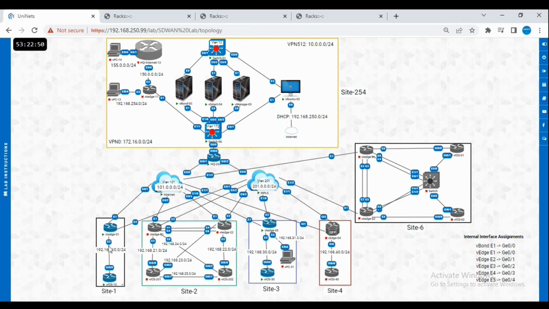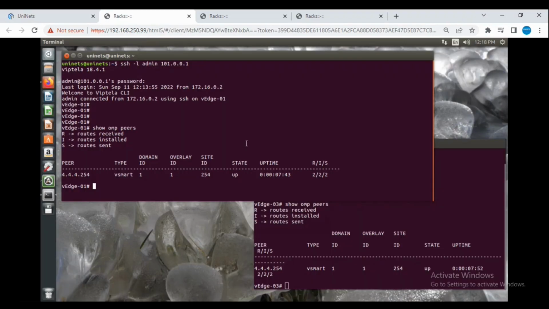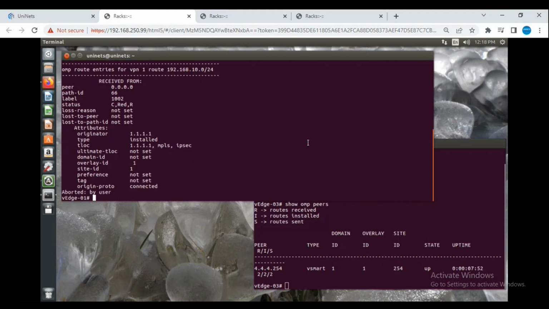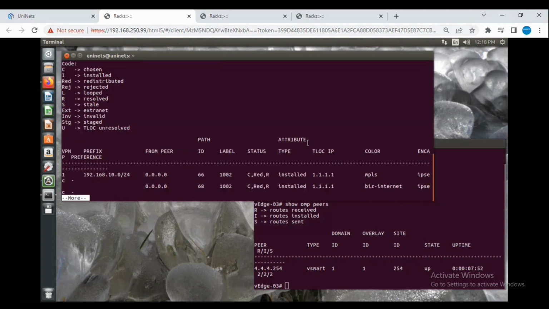You need not specifically advertise directly connected links to OMP. It is by default. So if you check show OMP routes, you will be seeing